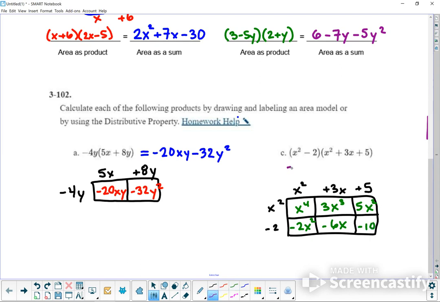So our answer, I would put it over here, but I don't think I have much room. And then I'm going to go ahead and combine some stuff. So anything that has an x squared, I can combine. Like this term has x squared, and this term has x squared. And the rest of it, that's x to the 4th, that's x cubed, that's x to the 1st, and that's no x's. So those only 2 you can combine. So my answer: x to the 4th plus 3x to the 3rd, and 5x squared and minus 2x squared makes a positive 3x squared. You got minus